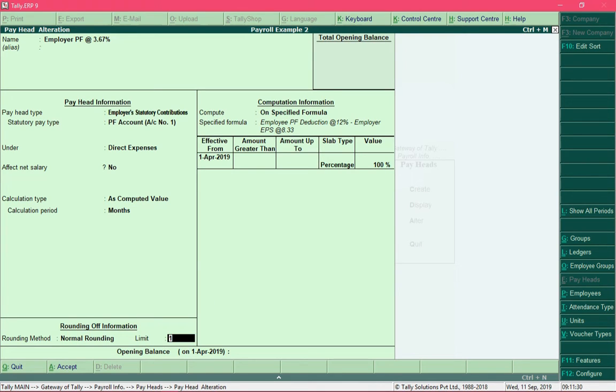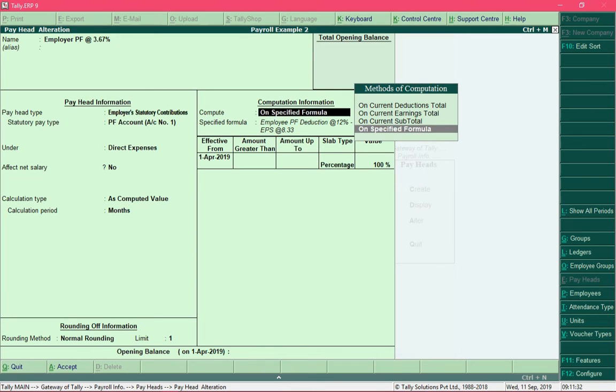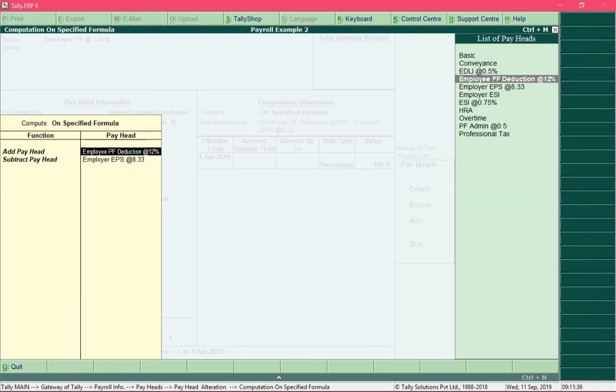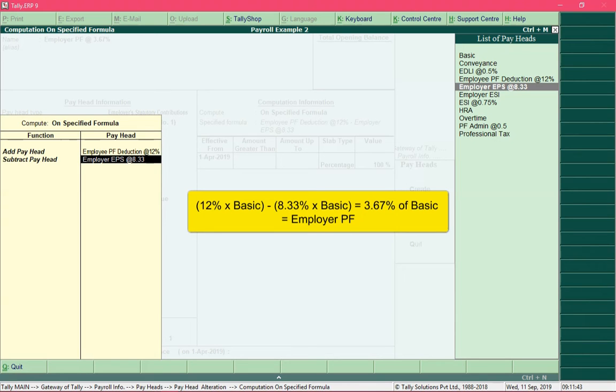We calculate PF by specifying a formula, and that formula is that out of 12% of basic, if we deduct 8.33% of basic, we arrive at 3.67% of basic, which would be the employer PF contribution amount.